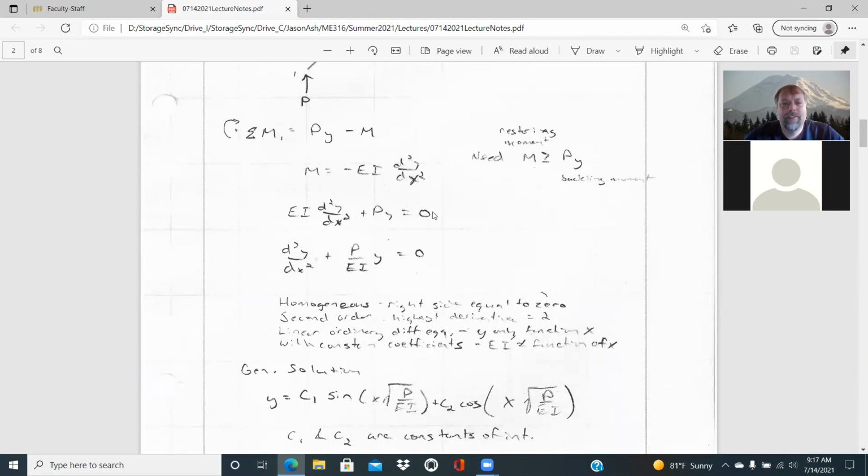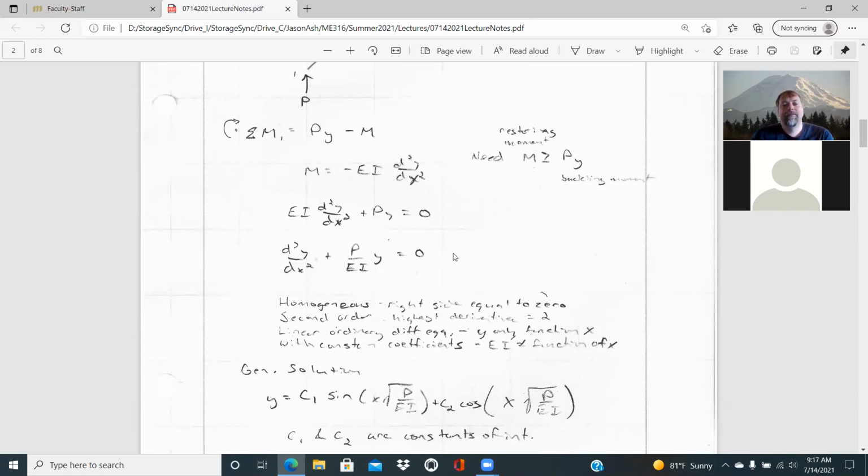And since that is equal to 0, I guess we're just dividing through by EI, both sides. So we have P over EI there in the second term, and 0 divided by anything is still 0. So we just got it into a cleaner form in that second relationship. And what you recognize is this is a homogeneous second order linear ordinary differential equation where y is